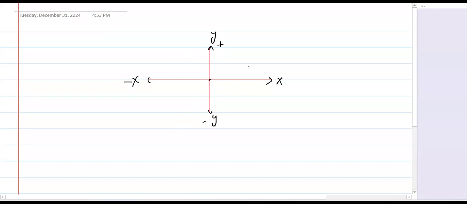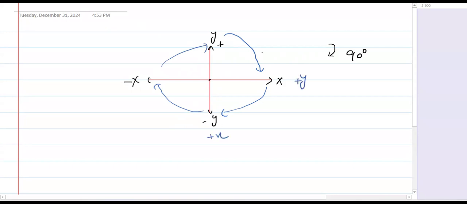Yes. Now, let's suppose you are rotating clockwise 90-degree. Okay. So what will happen when you are rotating 90-degree clockwise? This one will come here, this one will come here, this one will come here, and this one will come here. In other words, here you will have plus y, here you will have plus x because you are rotating it. So after rotation, this will happen. And this will become minus y and this will become minus x. Yes. In other words, if there is a point xy,